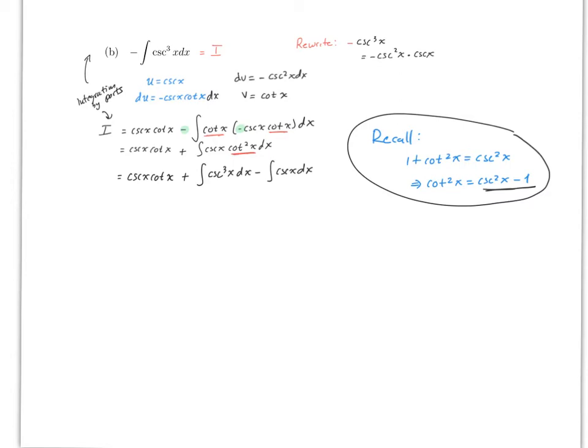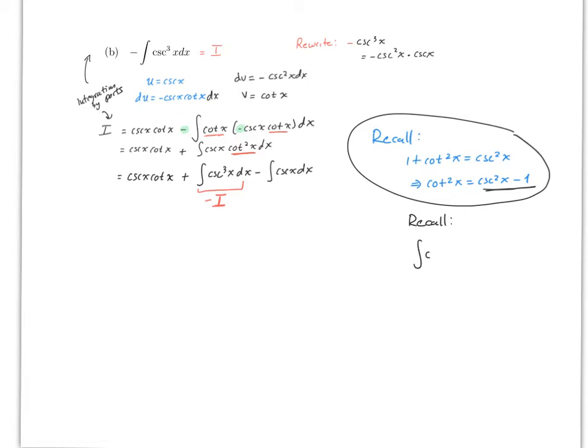Next, you have to be very careful with this part. Remember that we call I equals to minus this integral, which means that this integral is equals to minus I. So that's very, very important. Otherwise, things will cancel out. So that means this is technically minus I, which is what we're trying to find. And then also recall